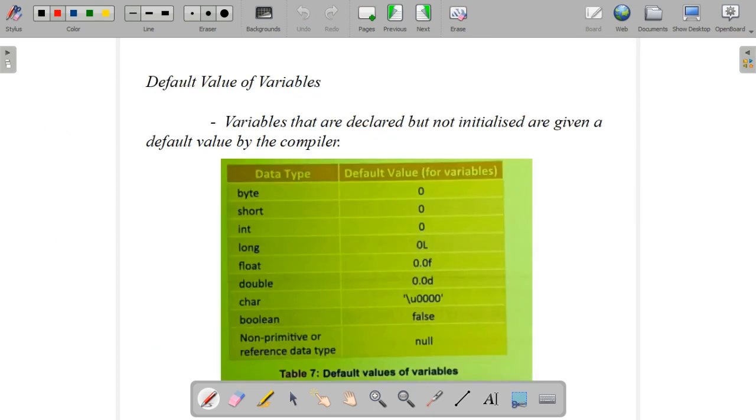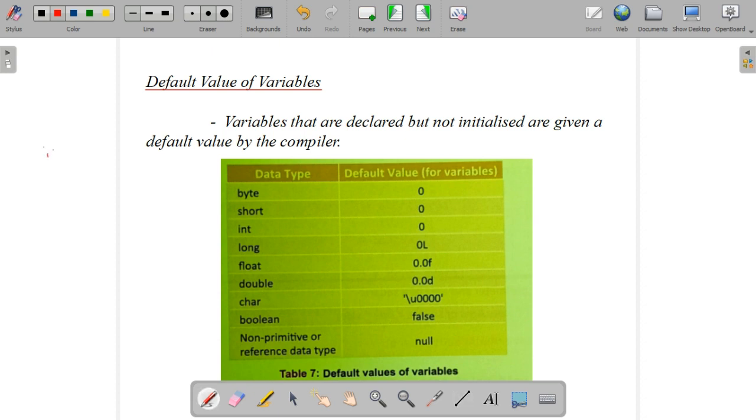So here we have discussed the primitive data types and the variables. Actually, the default values of variables we need to learn for the 8 primitive data types. Variables that are declared but not initialized are given a default value by the compiler.